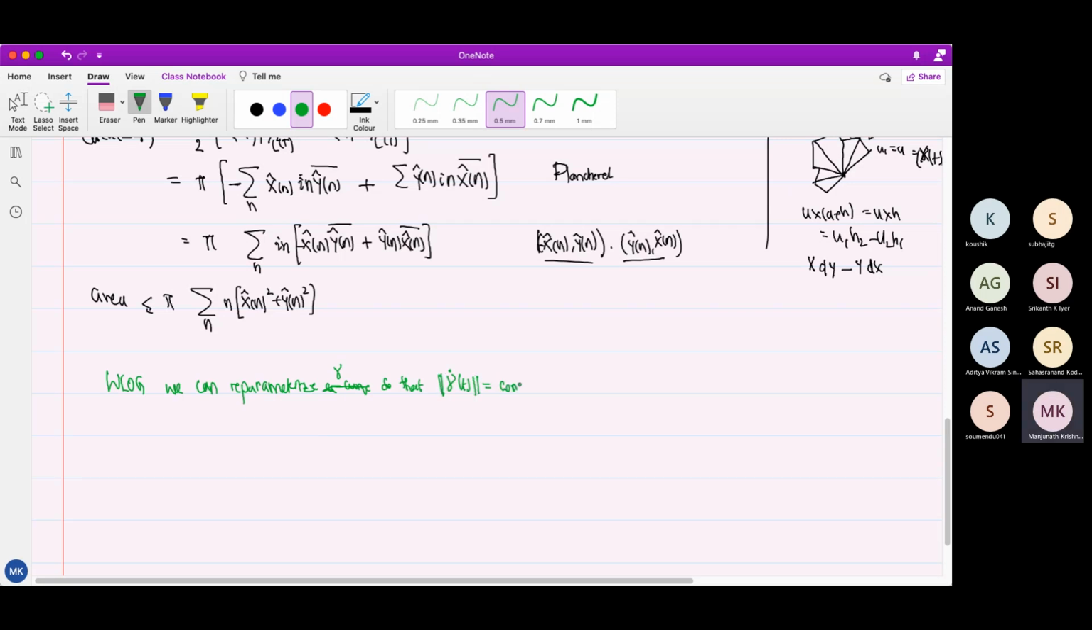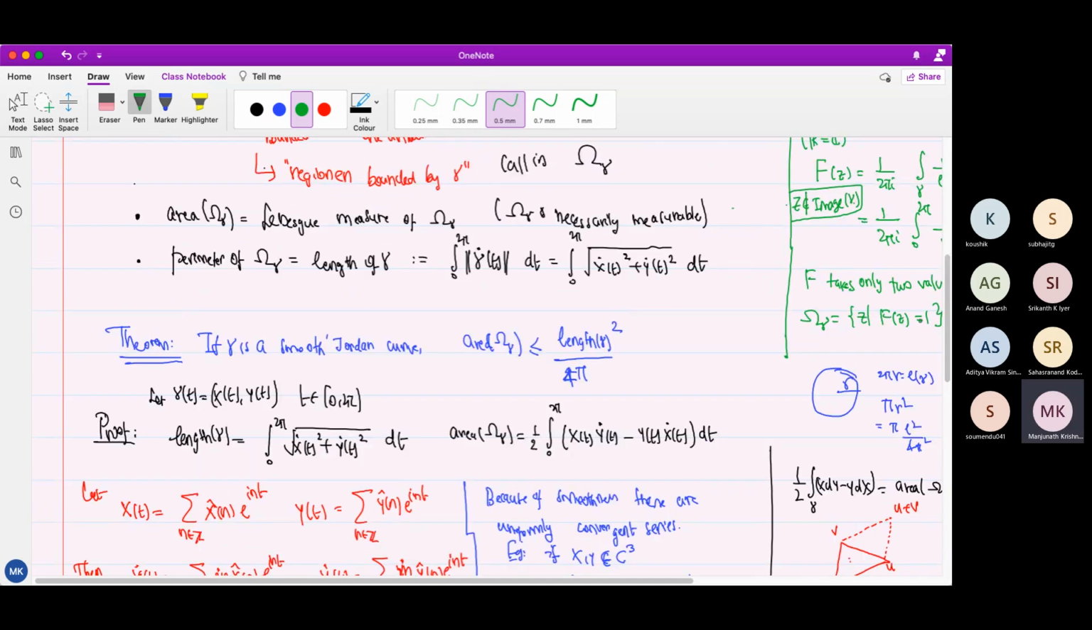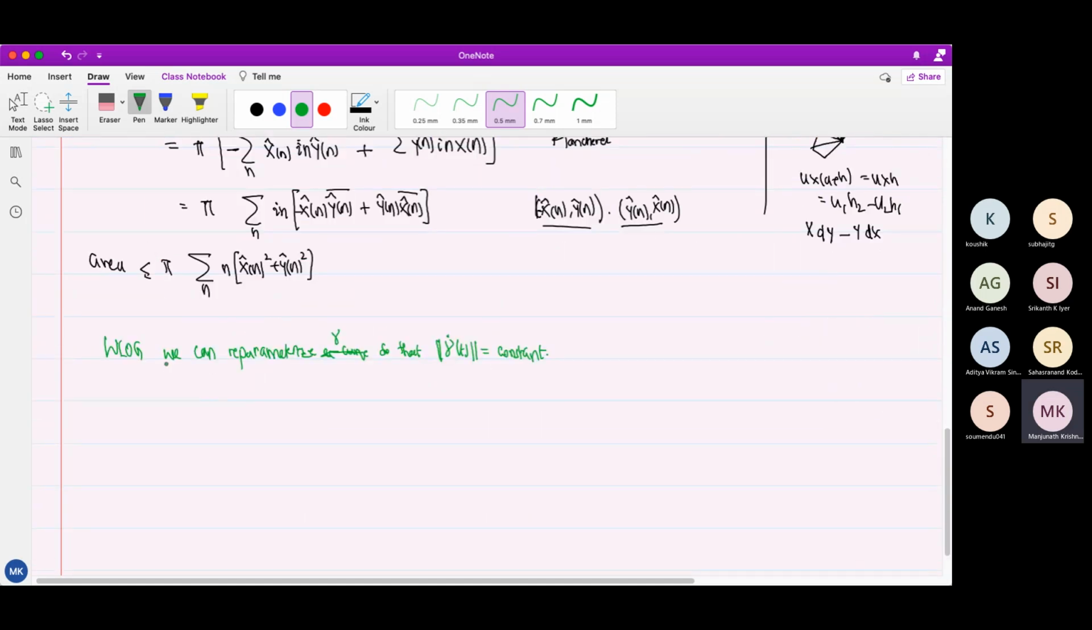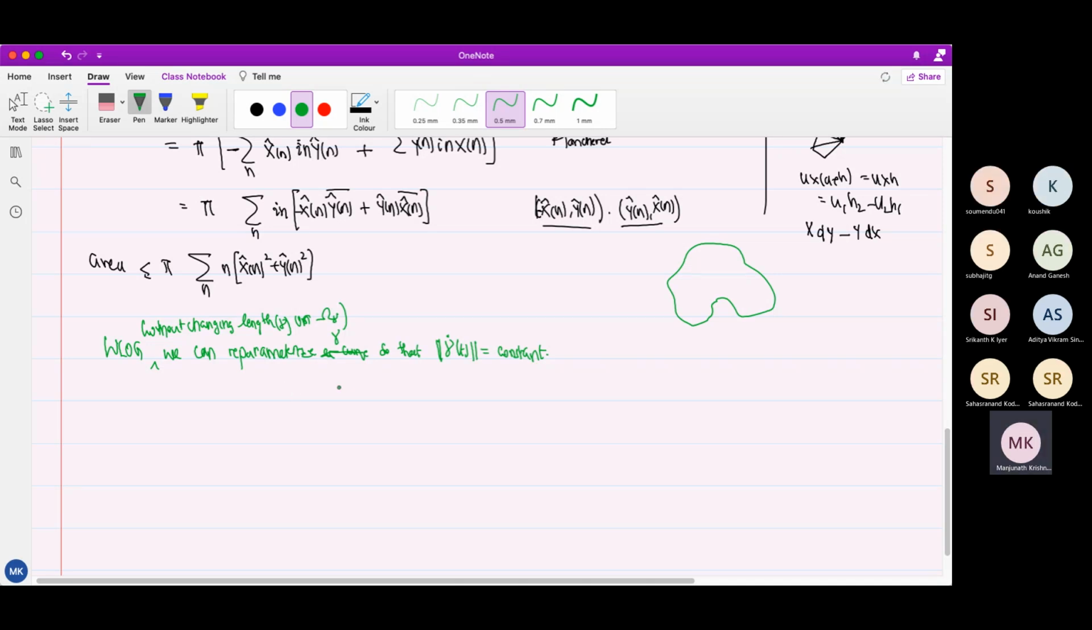Is constant. See, you have a running track. This is the image without loss of generality, what I mean is without changing the length of gamma or the area of omega or the region itself. See, the thing is, you have a track. Gamma is like a track. You can go at any speed around it. You can always run at uniform speed. So we can do that. Gamma dot of t is constant. So in that case,